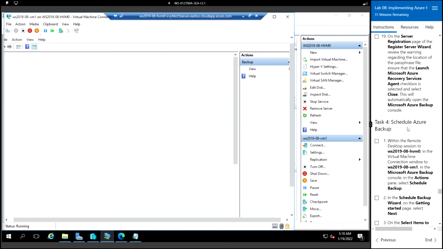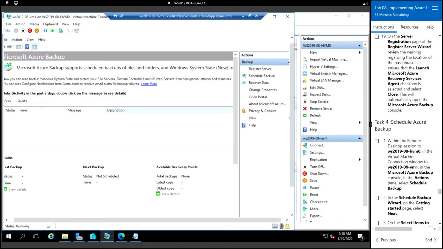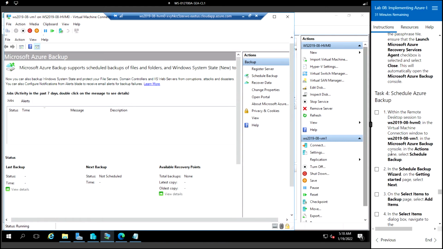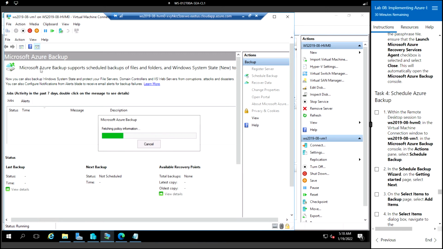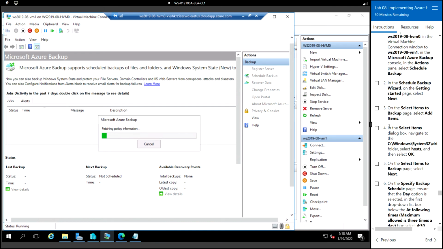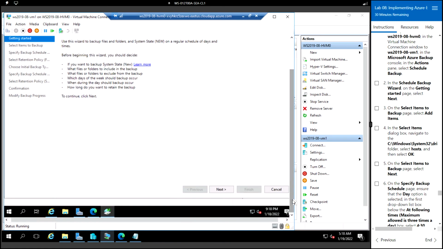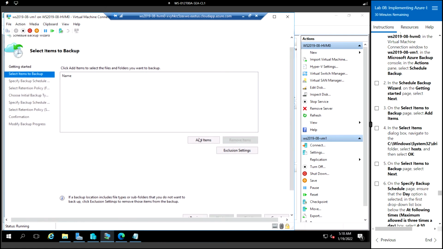Okay, so in task 4, we'll schedule the Azure backup. So the Microsoft Azure Backup is opened. Within this Microsoft Azure Backup console, let's go to the Action menu and schedule a backup. In this wizard, let's click Next and click on Add Items,